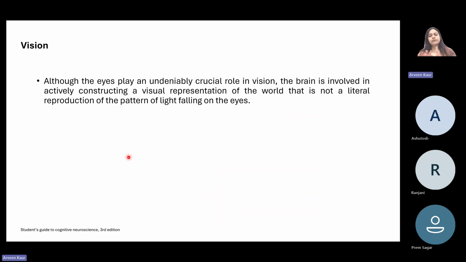So now we'll begin with vision, right? We'll understand what vision is, how it is perceived by our brain. In the case of vision, we'll see some very interesting portions also, right? Although eyes play an undeniably crucial role in vision, the brain is also actively constructing a visual representation of the world that is not a literal reproduction of the pattern of light falling on the eyes, right? So you can imagine,